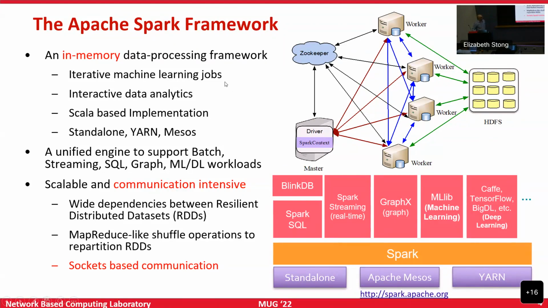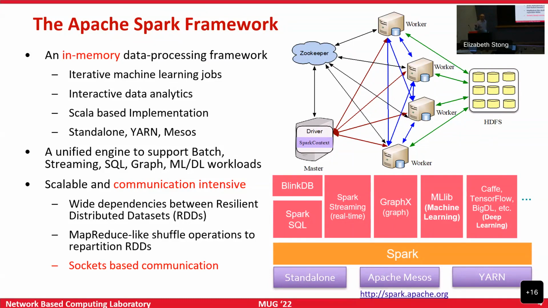And Spark's claim to fame is this in-memory data processing. The older version, the so-called Hadoop software, had this inherent issue that if you were running iterative machine learning jobs or any big data jobs, you would run the jobs, the data would be in memory, you would write that back into the disk and then read it again. So instead of doing that, is it possible to maintain that data in the memory? And Spark basically provides a scalable solution for that.